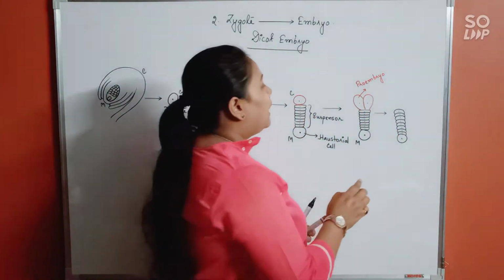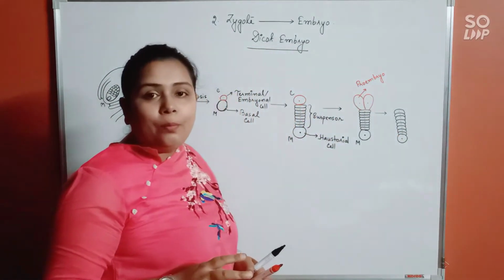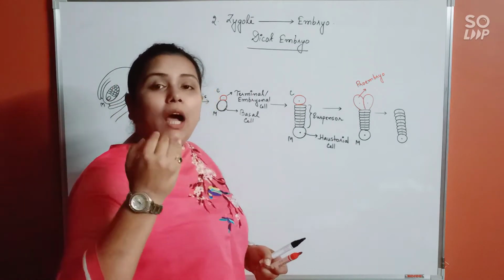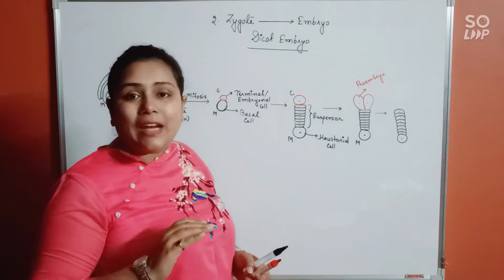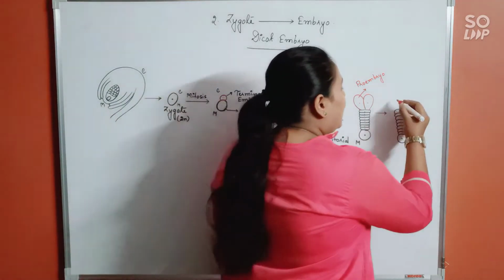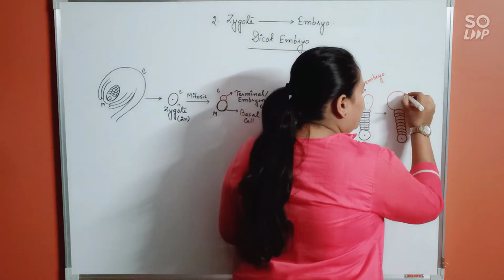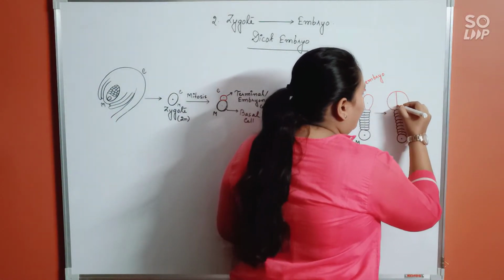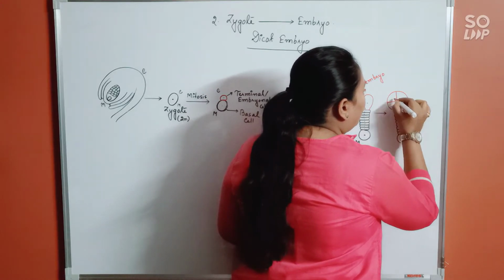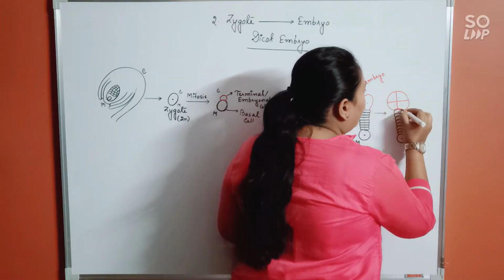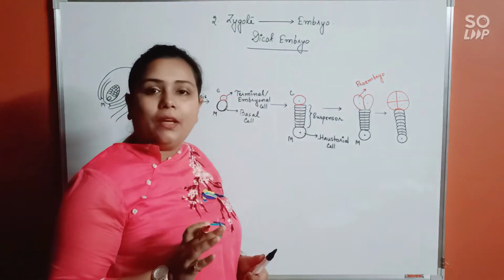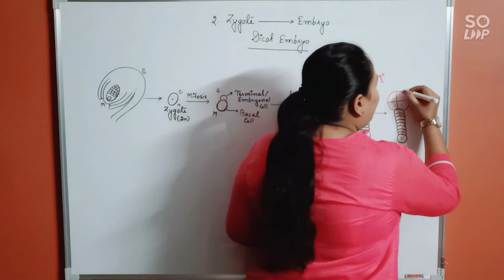Next, what would happen? These two cells, which have been formed by longitudinal division, will again undergo one round of transverse division. So, if it undergoes transverse division once, how many cells will be formed here? 4 cells will be formed. So, we will call it